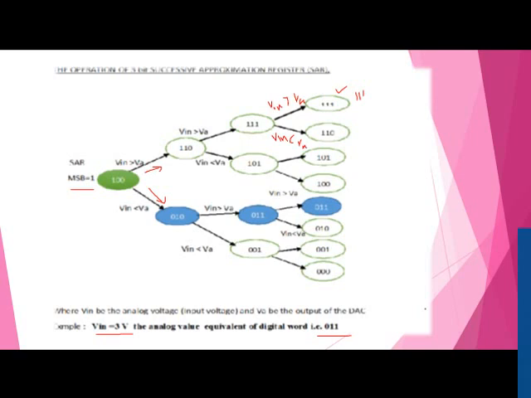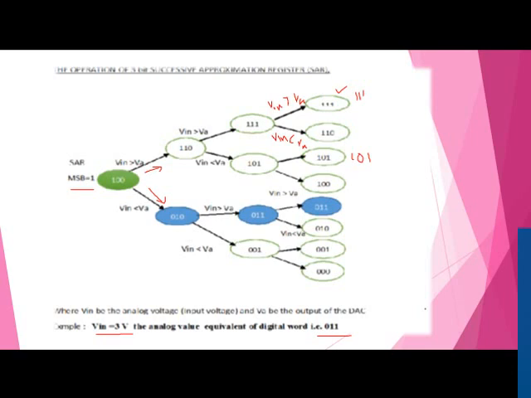Next, if Vin is less than VA, in this what happens? All 1 1 is there. The next bit, meaning the last LS bit, is set to 0, so it is 1 1 0. And similarly here, when 1 0 1, when Vin is greater than this,